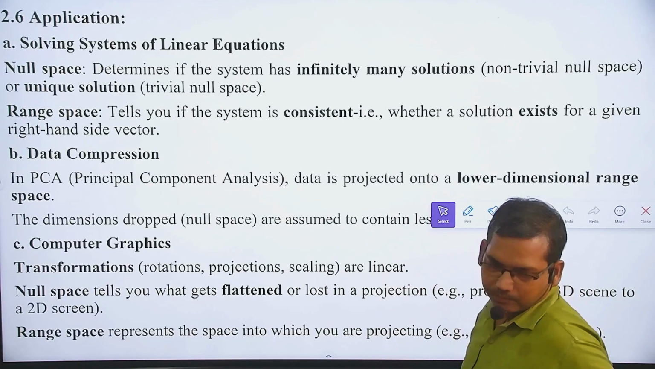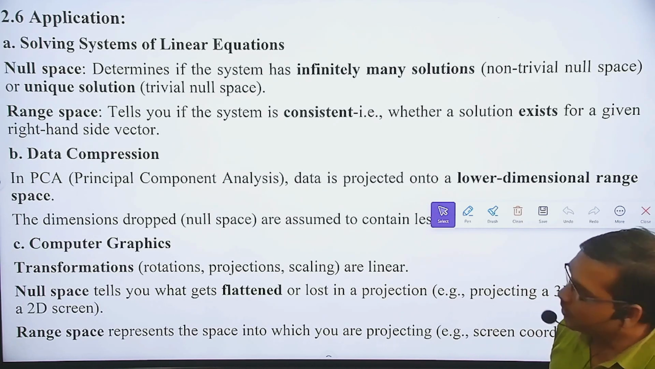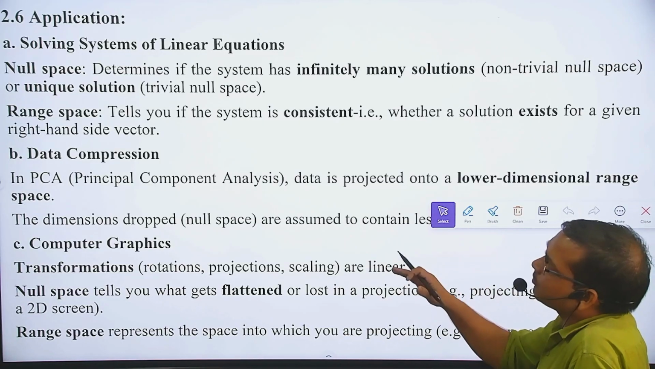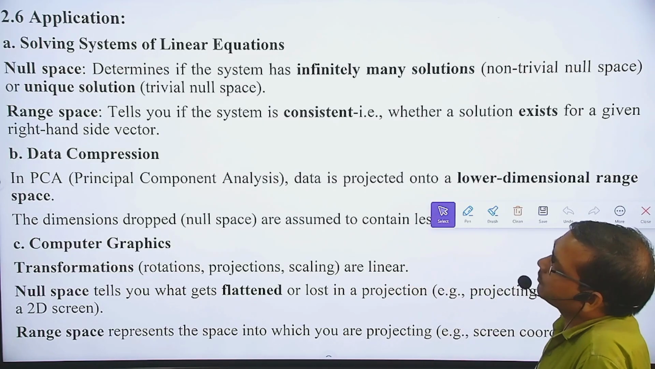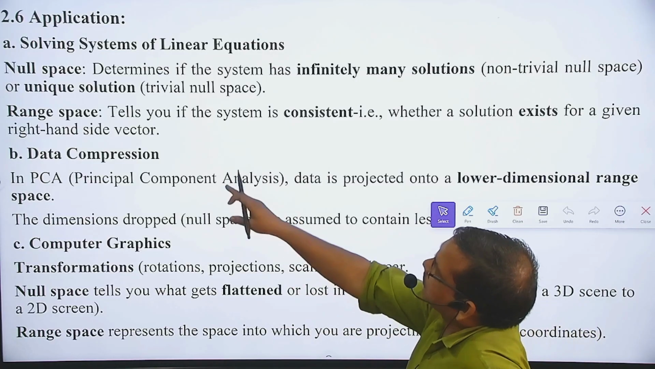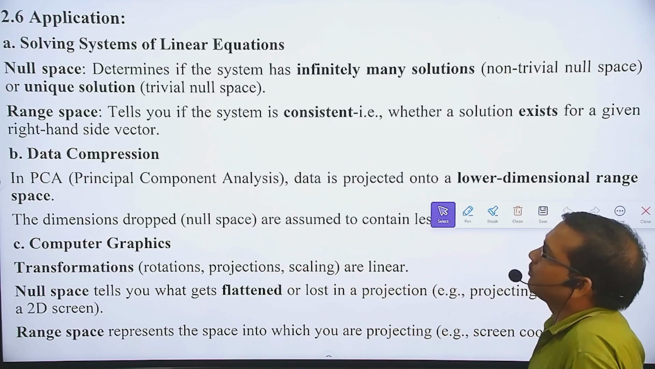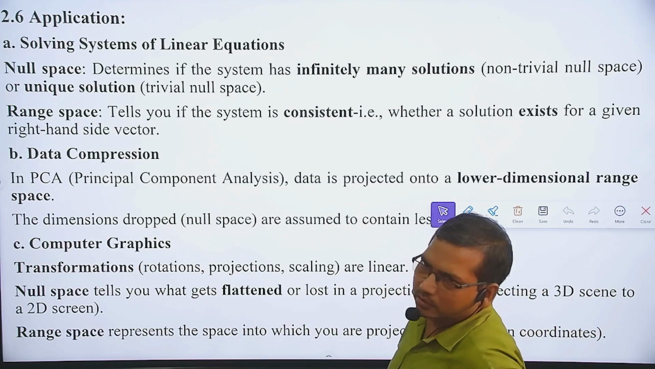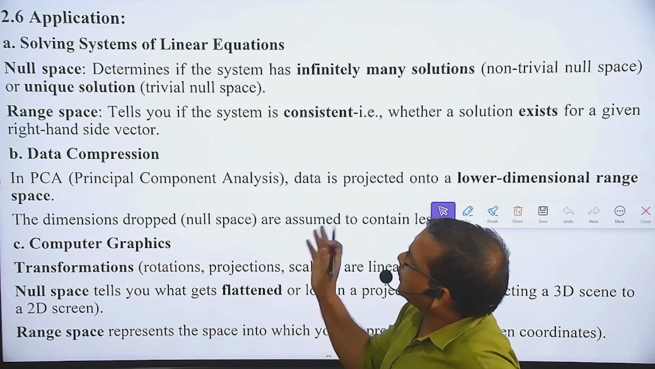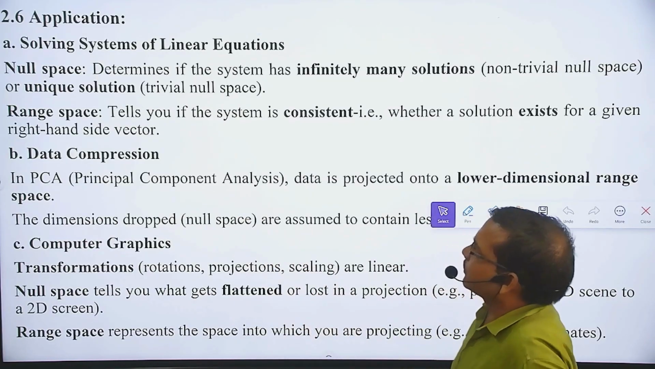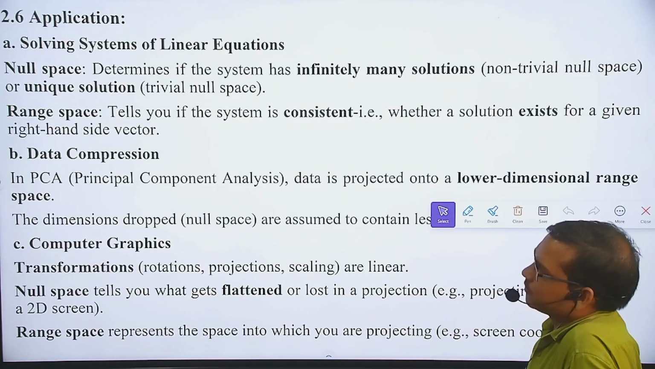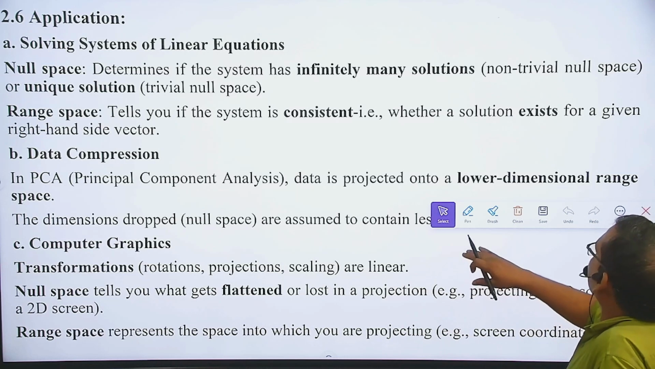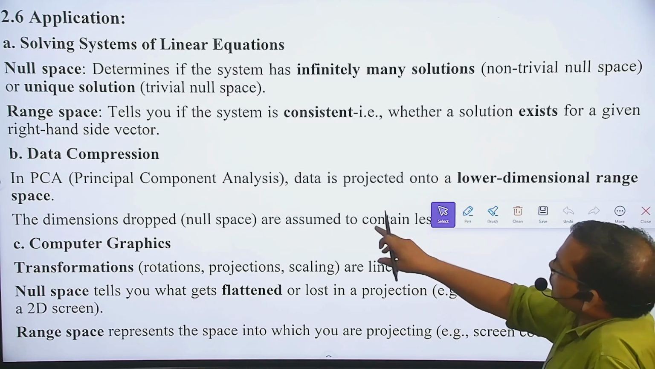There are some applications of linear transformation, null space and range space. First is solving systems of linear equations. When we solve a linear system of equations, we can see the application of null space and range space. And in data compression, in principal component analysis of data, we show that the data is